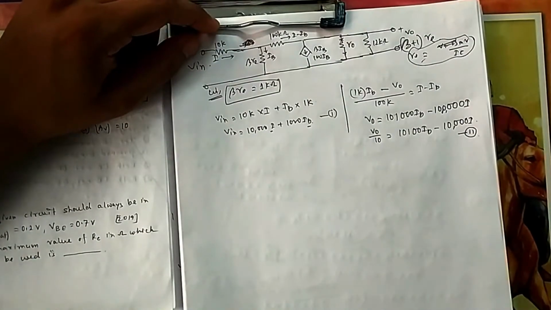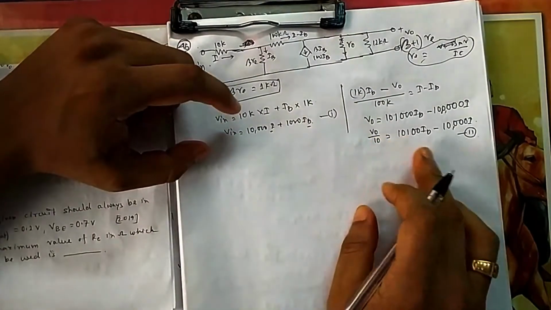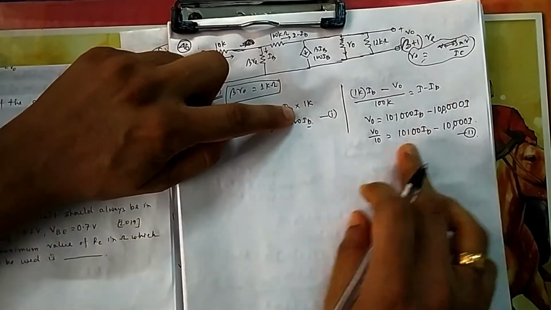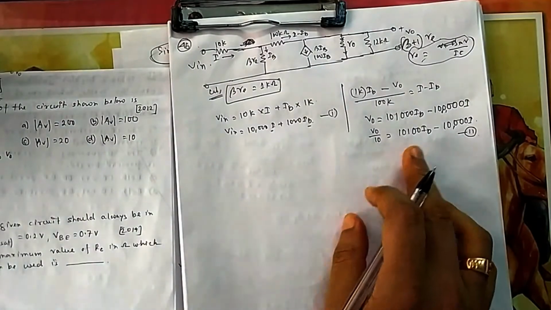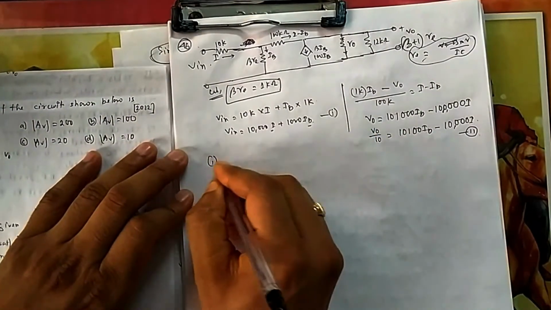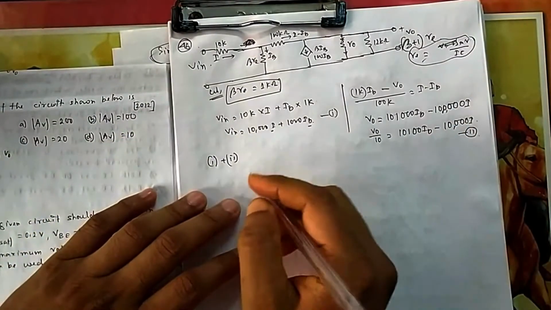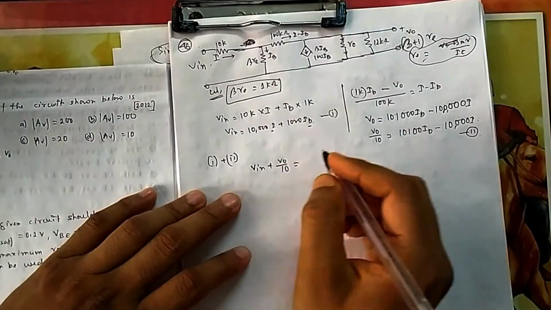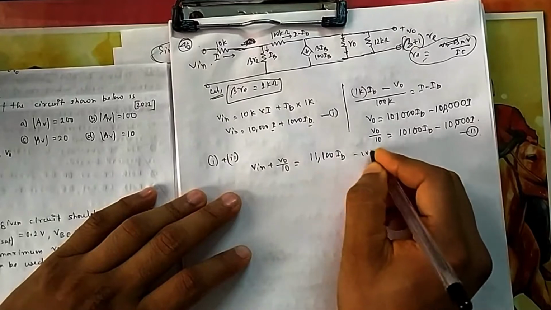So now again, because you need to connect these two, if you add this to this, the 1000 IA will cancel, and you will find a relation of IB. Next you have to replace IB again, so for that we have to take another KVL. For now you add 1 and 2. If I add 1 and 2, this 1000 IA will get cancelled. So if you add these two, you will get V in plus VO by 10. Again I am directly writing 11,100 IB. Suppose this is my equation 4.